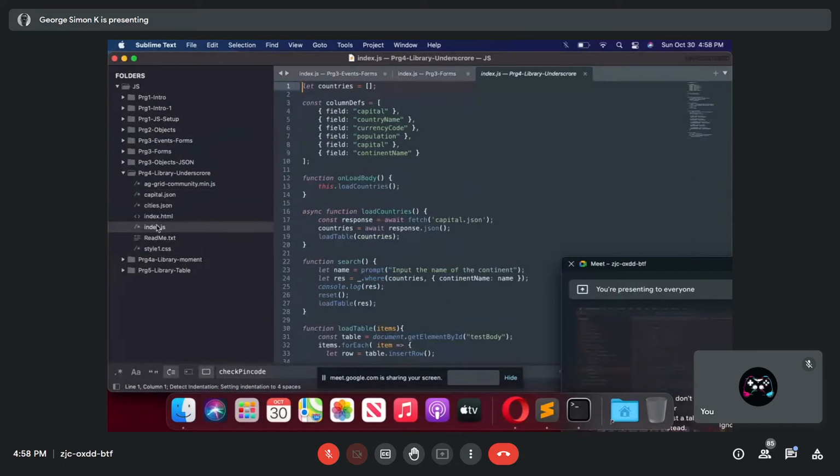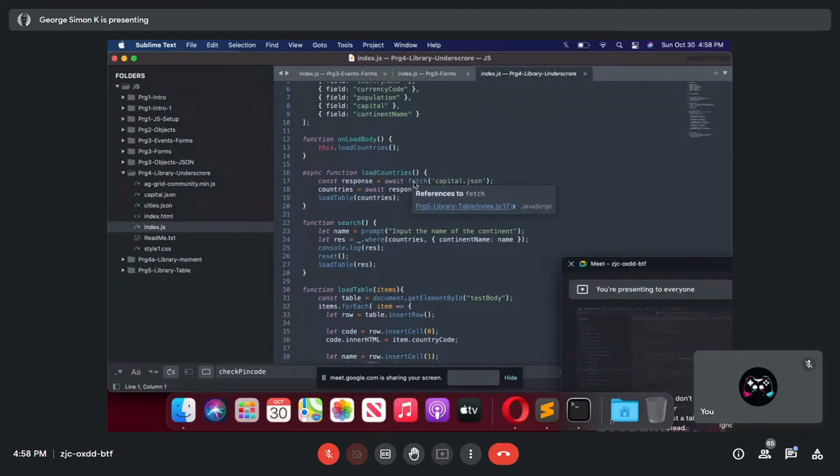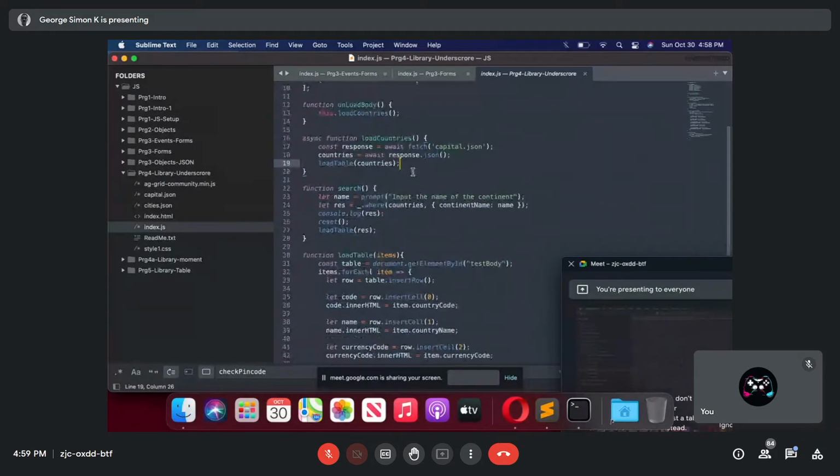For that, you can use one of JavaScript predefined way of calling HTTP GET or HTTP POST using this fetch. You only need to write, this is fetch, capital.json, because the file name is capital.json and the file is there in the same location of the source code.